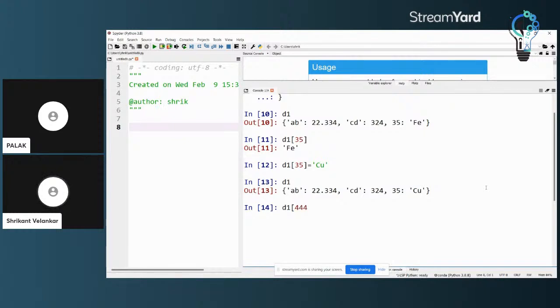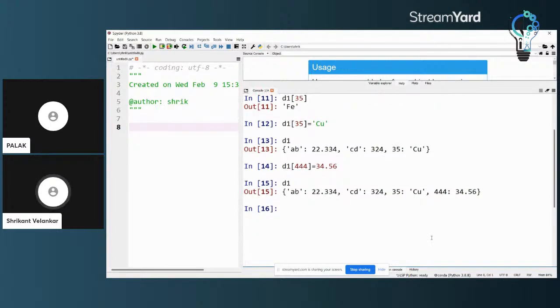Say I say 444 as the key, and the value is going to be 34.56. I can add it to the dictionary. The dictionary had three elements, having keys A, B, C, D, and 35. Now we'll have four elements, having keys A, B, C, D, 35, and 444.